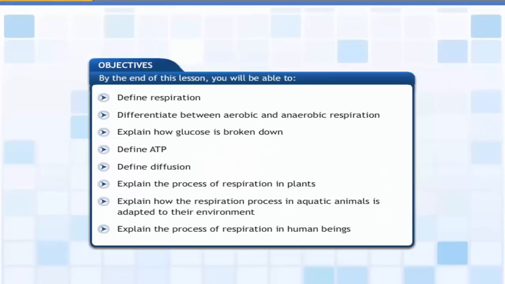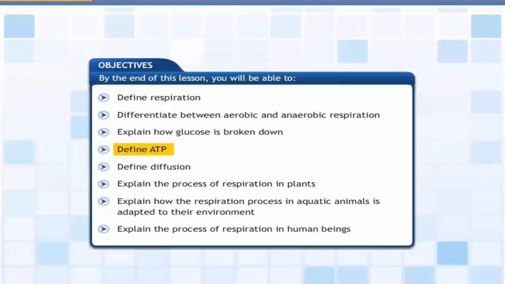This lesson is about the process of respiration. By the end of this lesson, you will be able to define respiration, differentiate between aerobic and anaerobic respiration, explain how glucose is broken down,